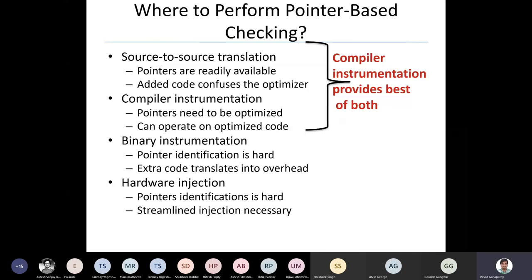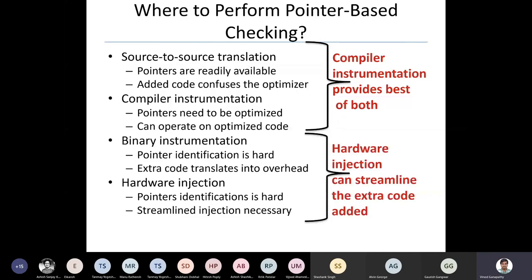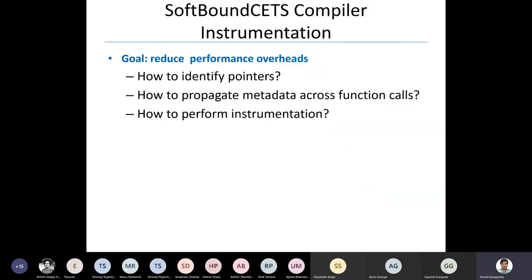All right, I'll also tell you about a hardware approach that will still work with these compiler instrumentation based approaches. Okay, so let me show you the LLVM implementation. Again, over here, I will only show the code at a very high level to show you what